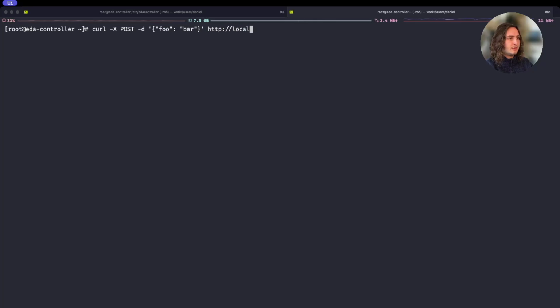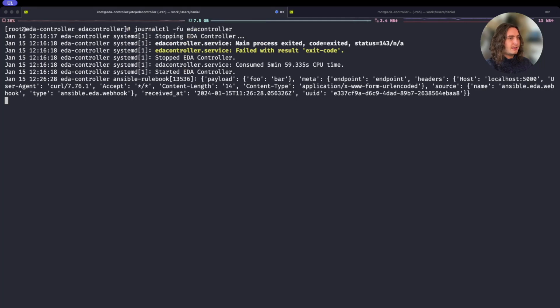And with this, one thing that's important is to actually hit the endpoint. Otherwise, event-driven Ansible won't pick up on the webhook being sent. And if we send this, we'll get a very small answer. But if we look over to the logs, we can see that event-driven Ansible actually not just received